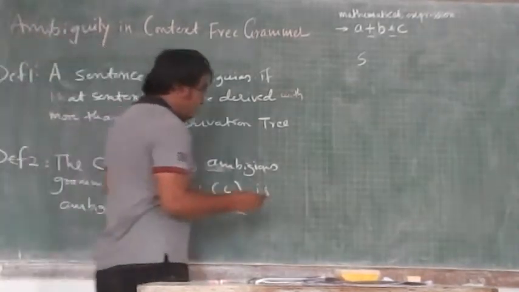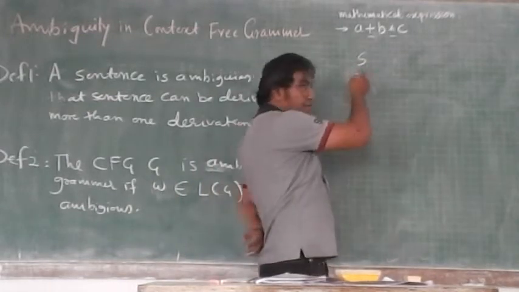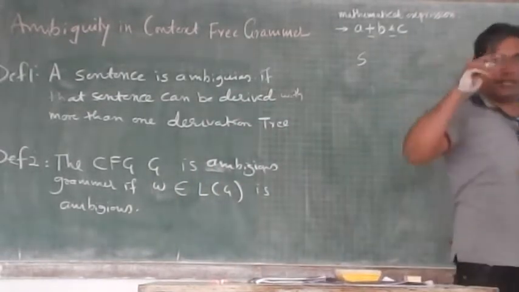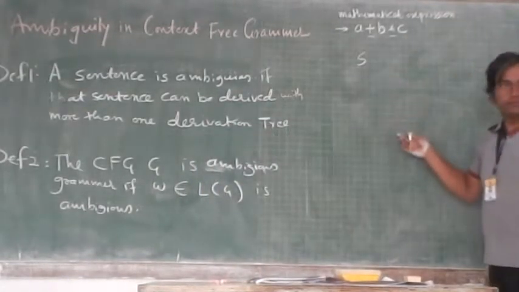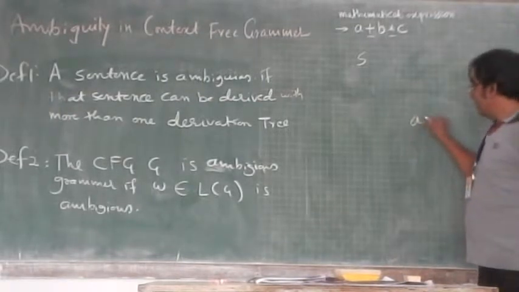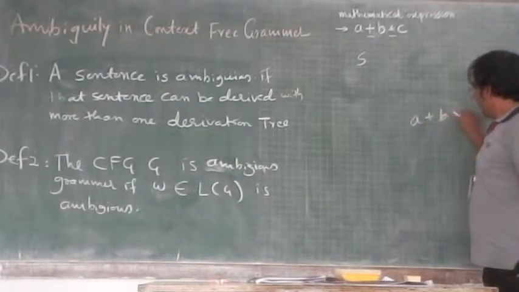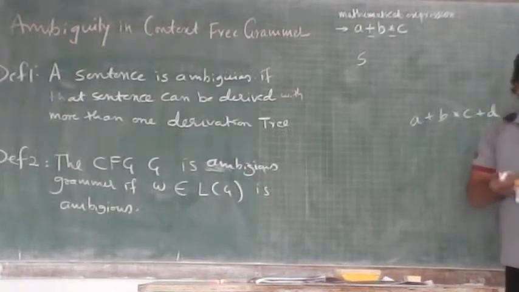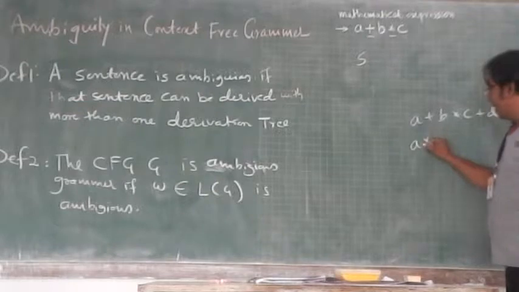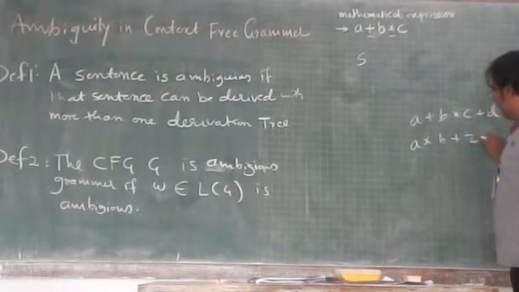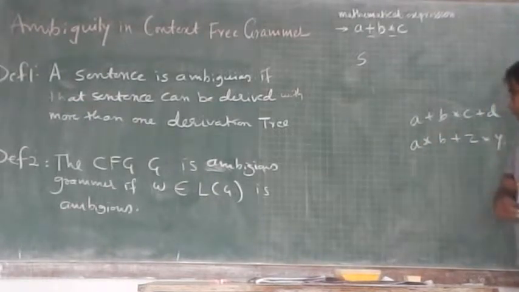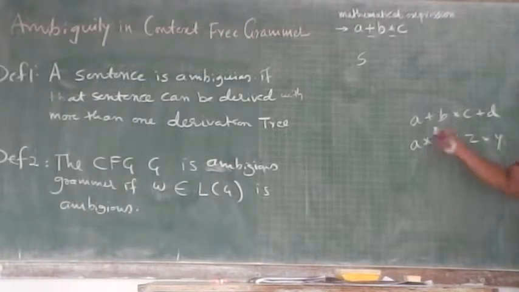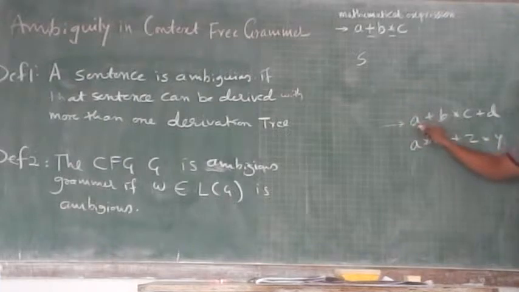My expression may be like this, and the variables may be you can consider from A to Z. Okay, so my expression may be A plus B into C plus D, or my expression may be A into B plus Z into Y. Any kind of expression. So you can see that the length of this expression is something how